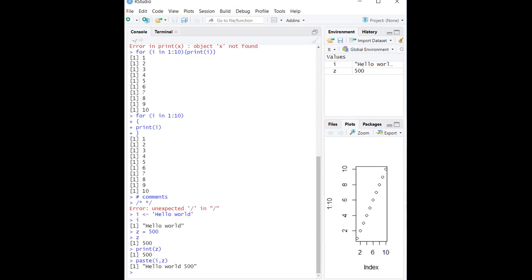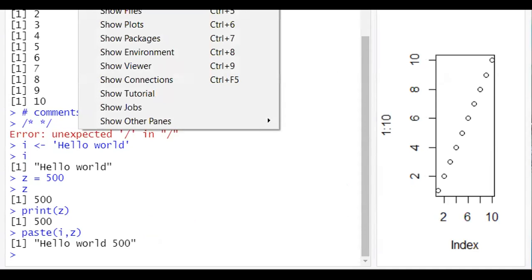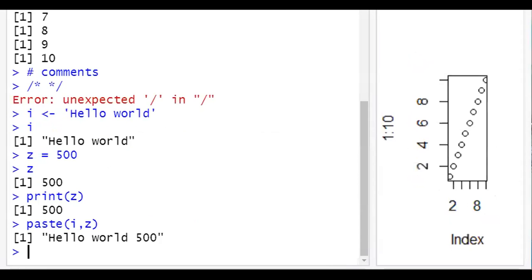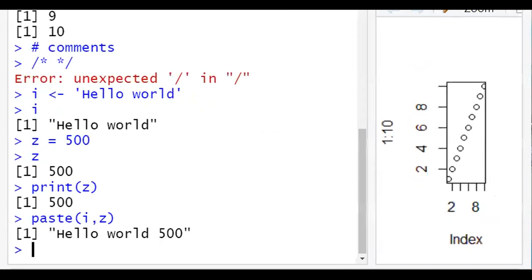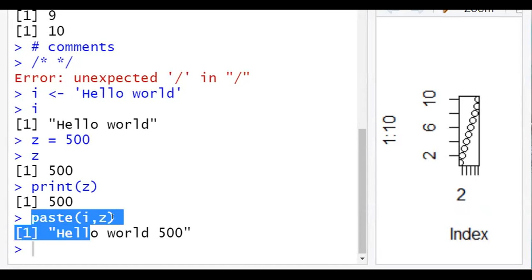If it is not visible, let me cut down the size, and let me try to zoom in. Okay, I hope it is visible now.